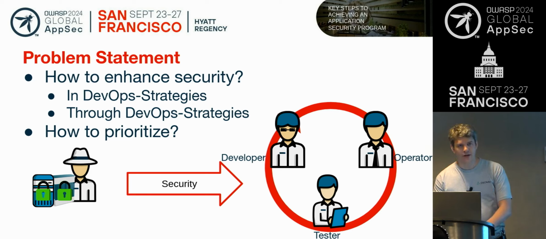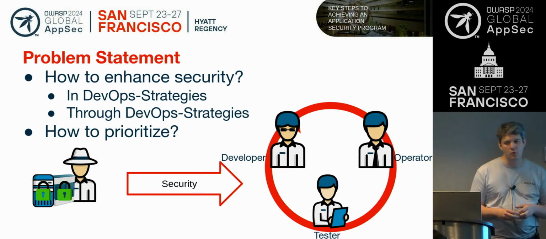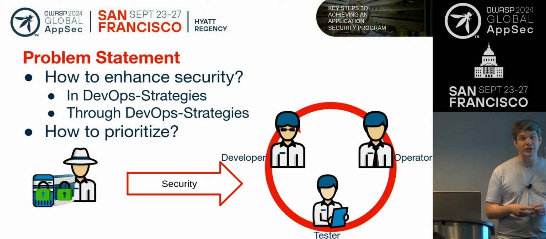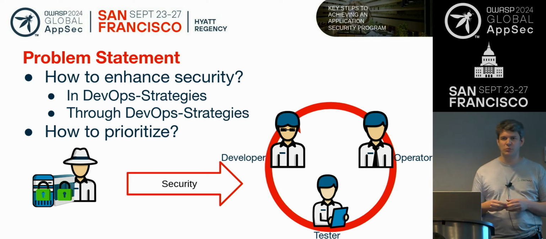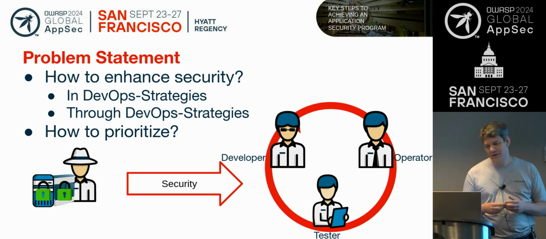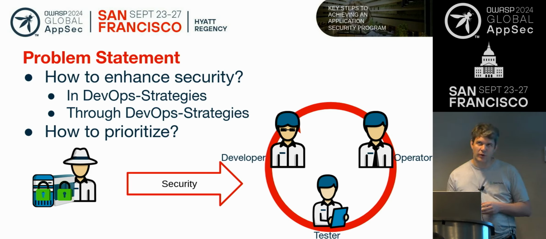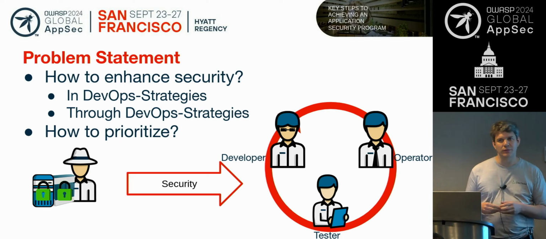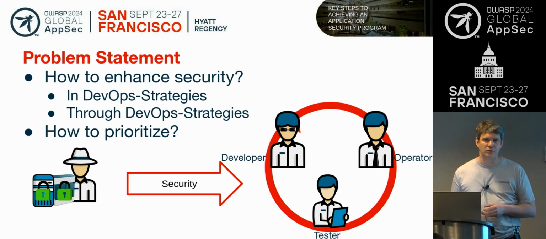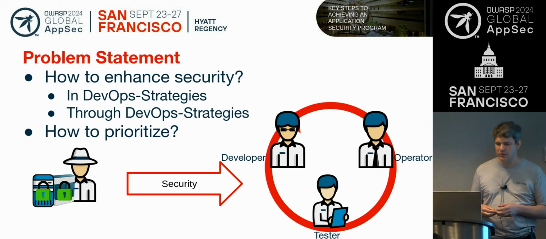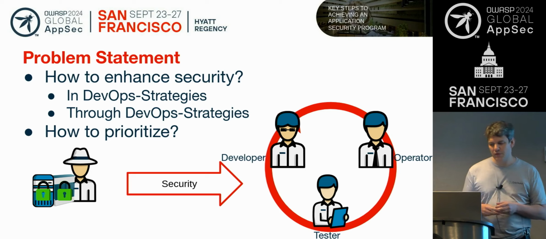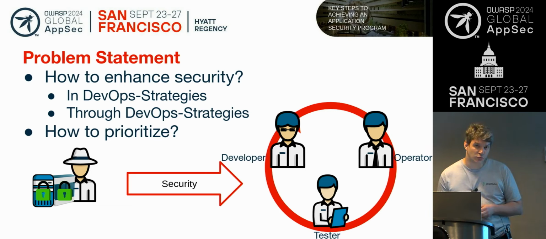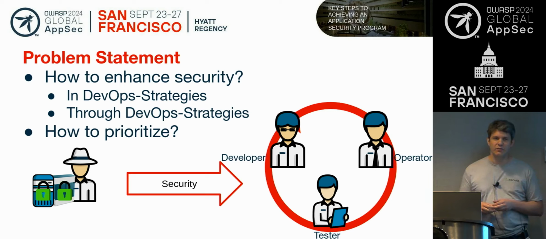All right, let's start with a problem statement for maturity models in general. So you know what the DevSecOps maturity model is and why it is there. The problem is that when you're in an organization and you want to enhance security, the question is, how do you do that? I see two options for that. One is in DevOps strategies and another one is through DevOps strategies. So in DevOps strategies